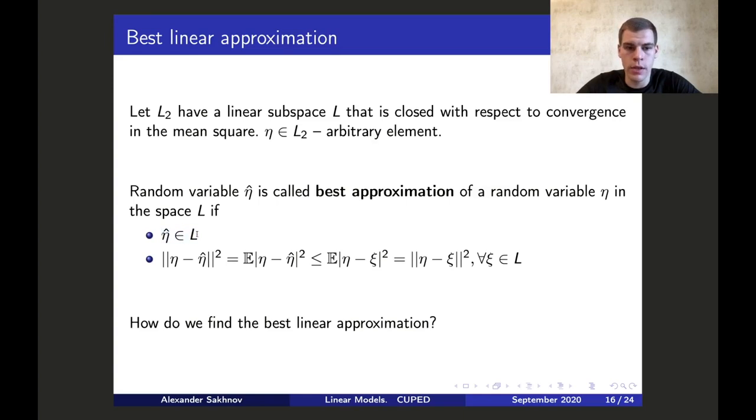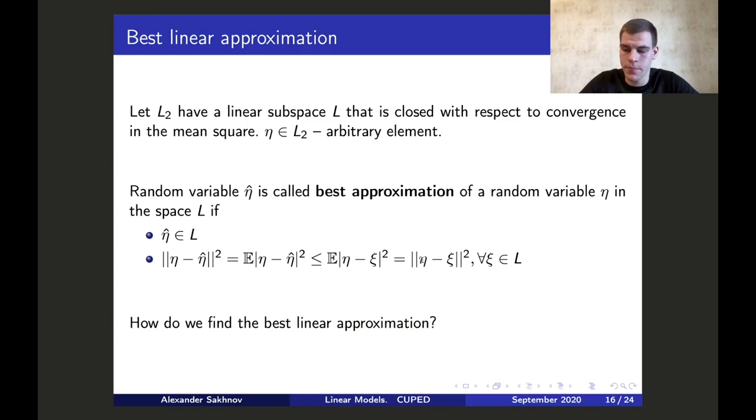And the second one is about the best property. What does it mean? It means that from all possibilities from space L, our target element is no further than any other element from L to our initial element. So okay, it's completely the same definition, but it doesn't answer the question of how we find the